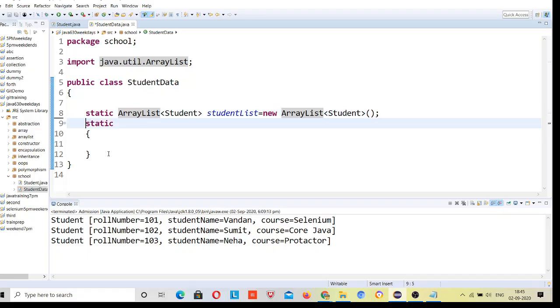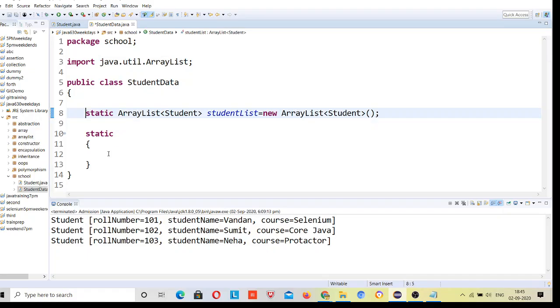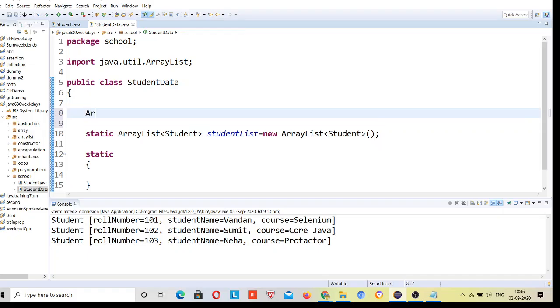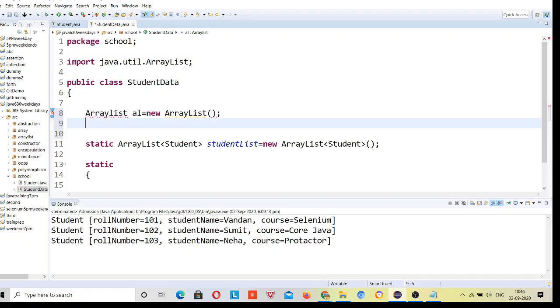Okay, now one thing, suppose I defined an array list like this: ArrayList al equal to new ArrayList. How were we adding data yesterday?